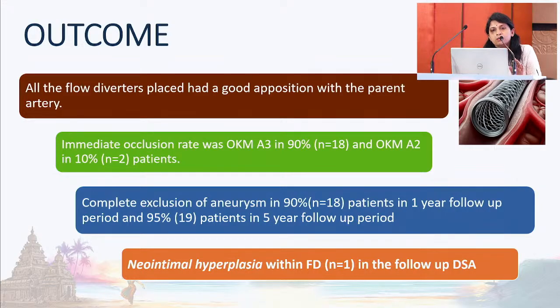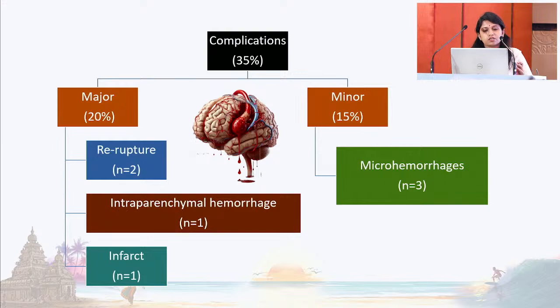Immediate occlusion rate was nearly 90%, with complete exclusion of the aneurysm achieved in 90% of patients at 1-year follow-up and nearly 95% at 5-year follow-up. Neointimal hyperplasia on follow-up DSA was seen in one patient. Nearly 20% had major complications: 2 patients had re-rupture, one had intraparenchymal hemorrhage, and another had